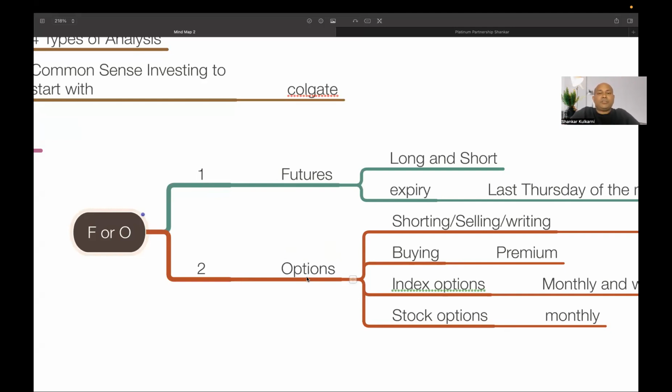There are different strategies in options, like pure naked options buying, naked options selling, then long call, long put. Then there are straddles and strangles. If somebody asks me, Shankar, what is the best place to start, you can start with option straddles. Then there are straddles with hedging. Then there are advanced strategies like calendar spreads, and options with adjustments. There are so many advanced strategies you can do under options. So that's the difference between options and futures for you.